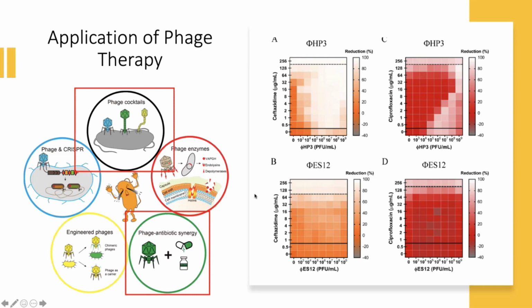And this was a study that was done, from that article, where it shows that by using a different kind of phage, in this case they used ES12, so they were using HP3 on the prior graphs that I demonstrated, by using a different kind of phage, you lose that interacting zone right here. So again, not just the dosing of the phage, but also the kind of phage that you use can have an impact on the